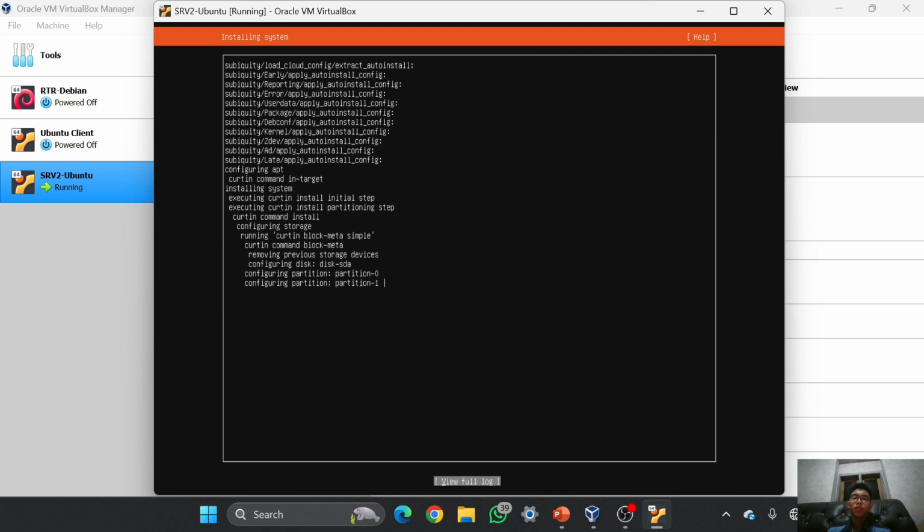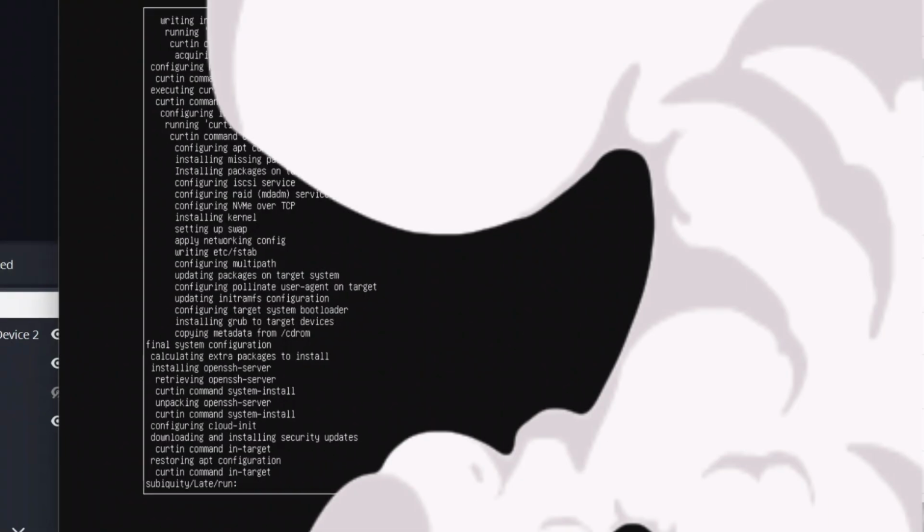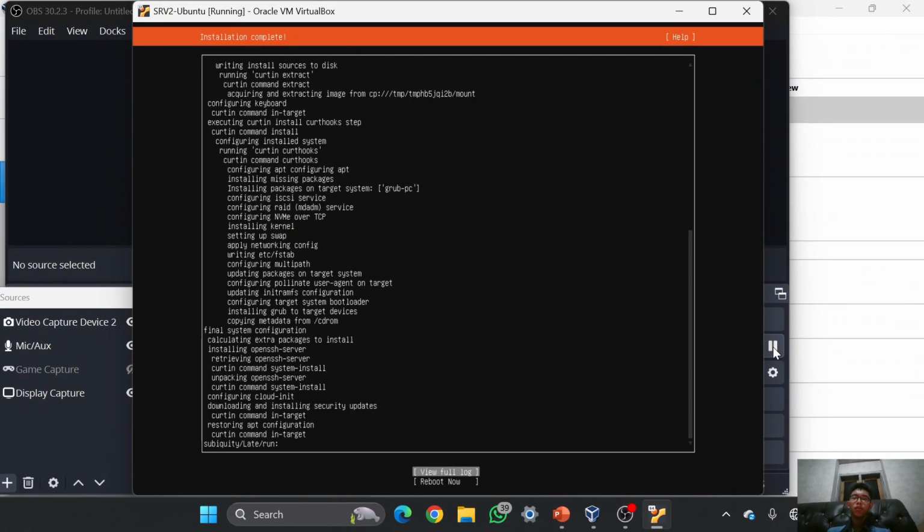I will just skip it because this part takes so much time. And right now the reboot now option has been showing up, as you can see in here. I will try to minimize.